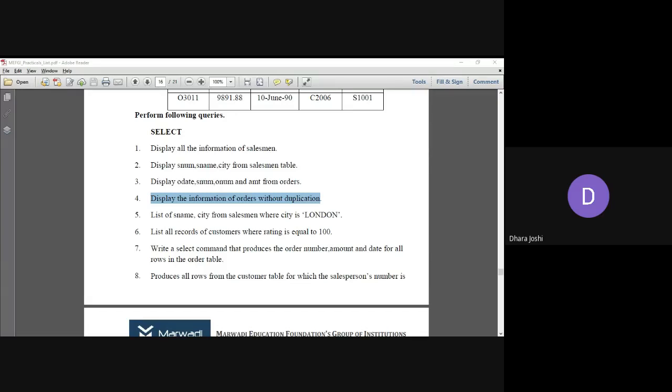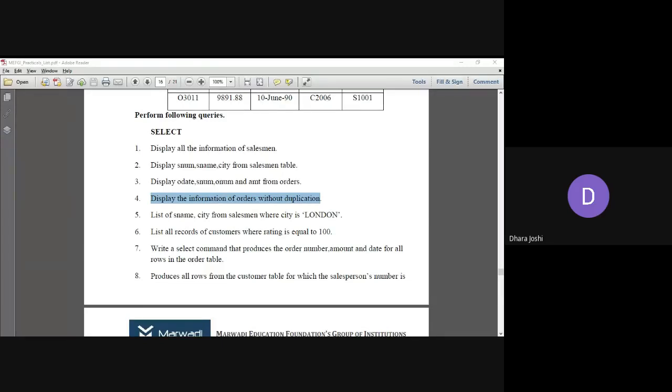If your table name is different, then change it accordingly and perform the query. Okay. Many of you have done.